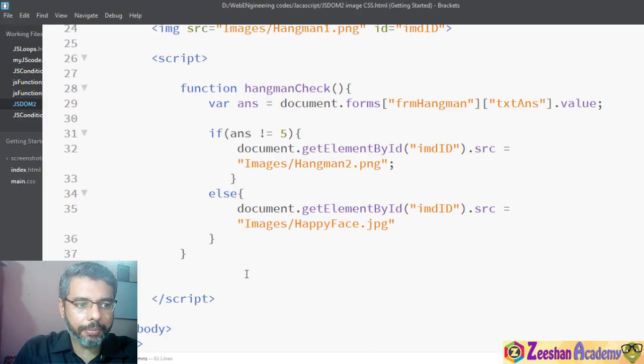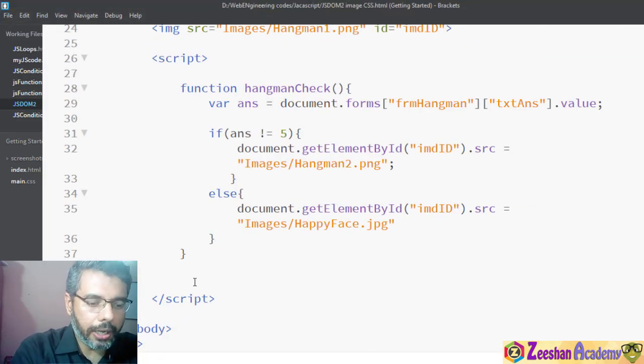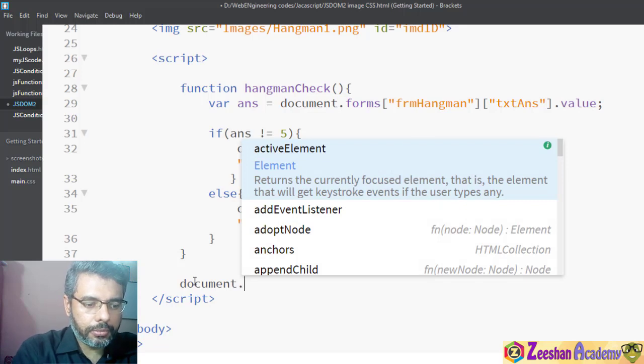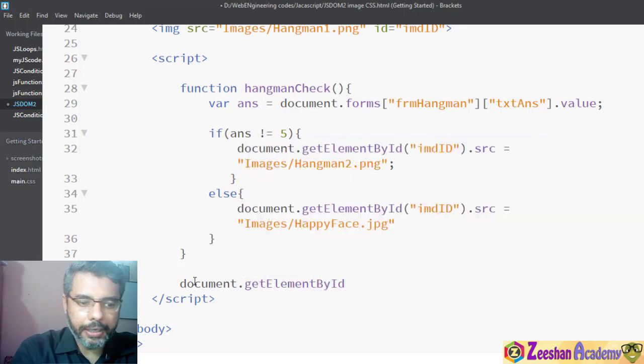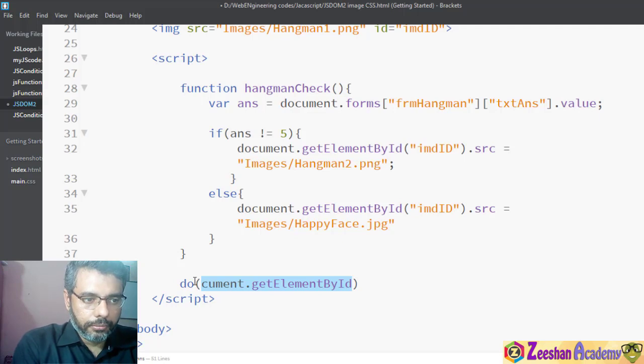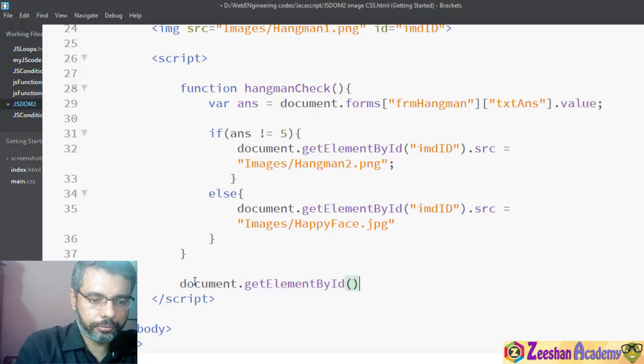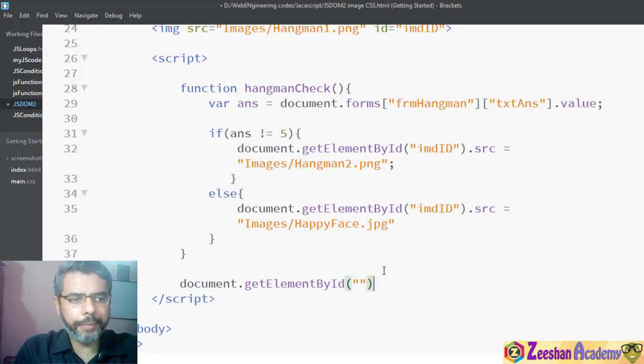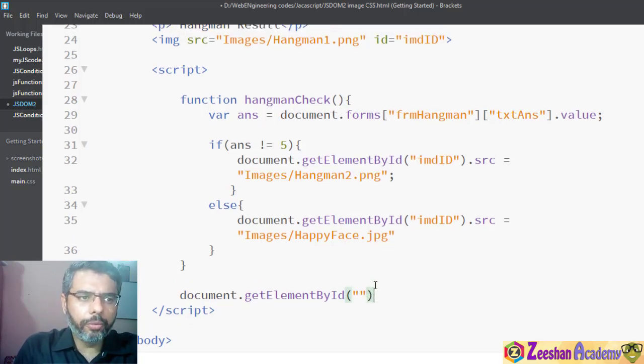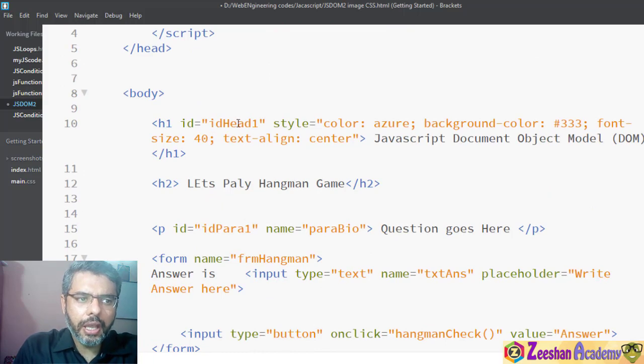Let's use that. So I come here within my script tag and I specify document.getElementById. Now we want to fetch this heading, so id heading 1.